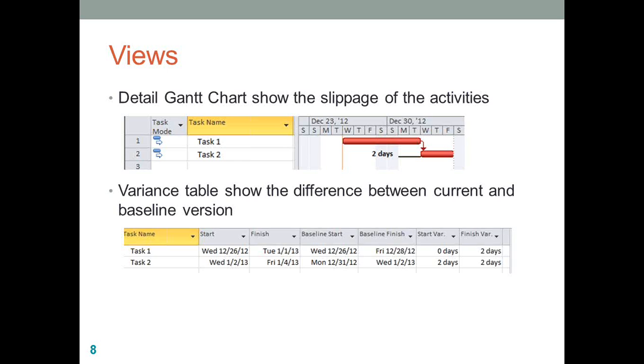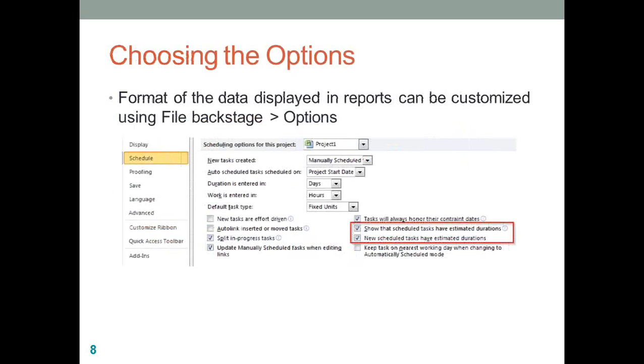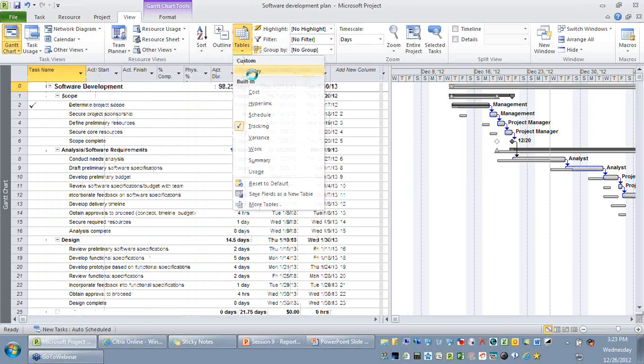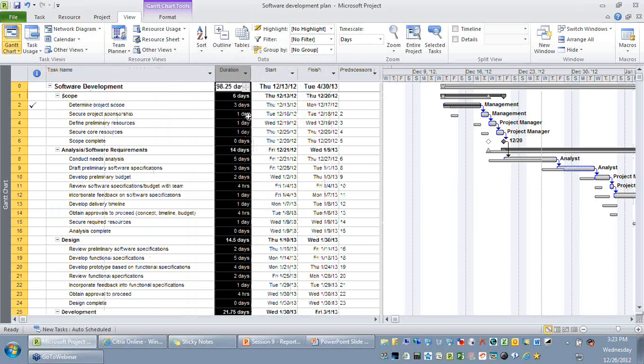So what we have seen now is how to make use of views and how to customize those views, tables and fields in order to report the performance of your project. Another point which you would have foreseen here is when you look at your entry table, naturally the duration column will display the units more in terms of days. So when you want to ideally print it at a later point in time, you don't want the units to be in days, but rather just in day, one letter or a two letter word.